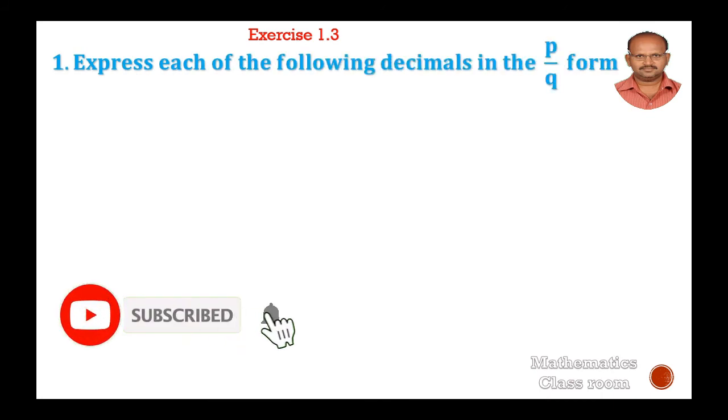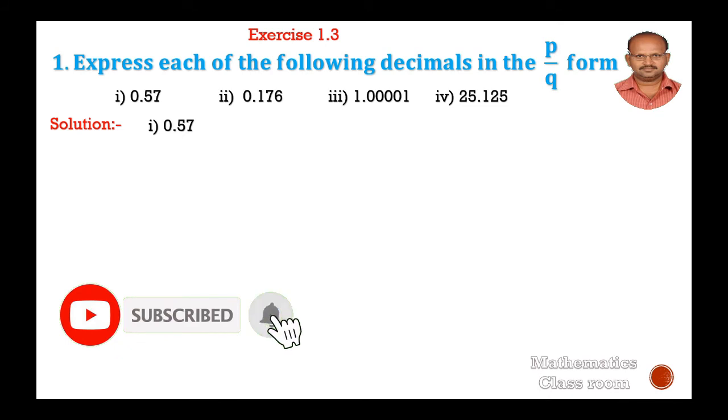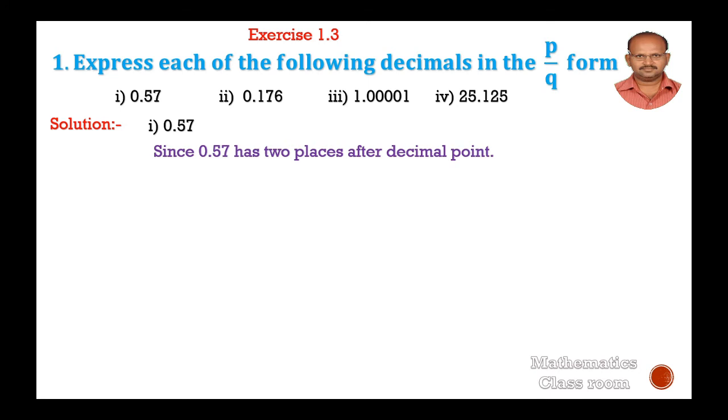Express each of the following decimals in p by q form. In exercise 1.3, first question 0.57, second question 0.176, third question 1.00001, and the fourth question 25.125. First question solution. Since 0.57 has 2 places after the decimal point, it is written as 0.57 is equal to